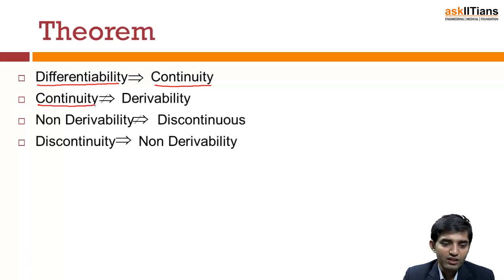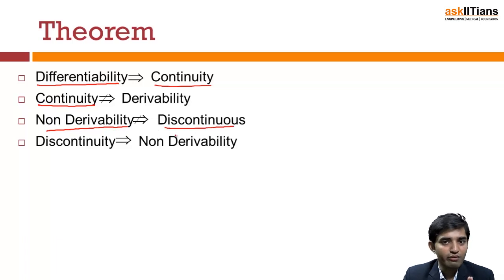But if a function is continuous, then we cannot say surely that that function will be derivable also. So continuity does not imply derivability. You have to remember this: if a function is derivable, then it will surely be continuous, but if it's continuous, then we cannot say that it will definitely be derivable. Now the third theorem: if a function is non-derivable, then we cannot say that it will be discontinuous